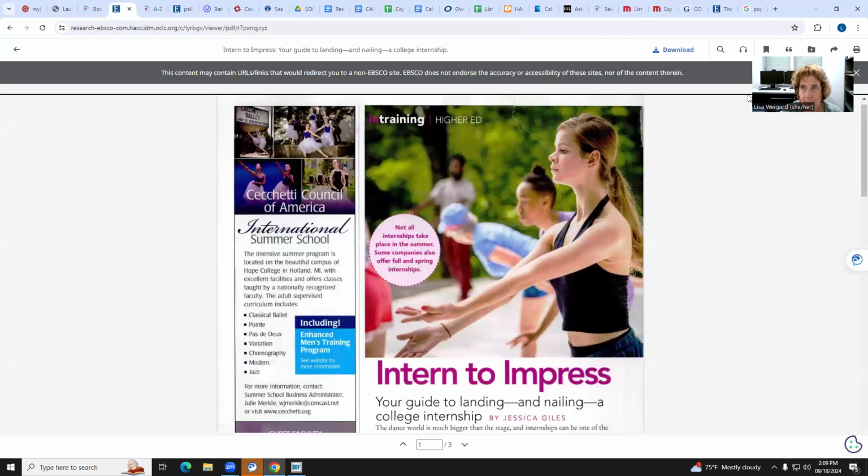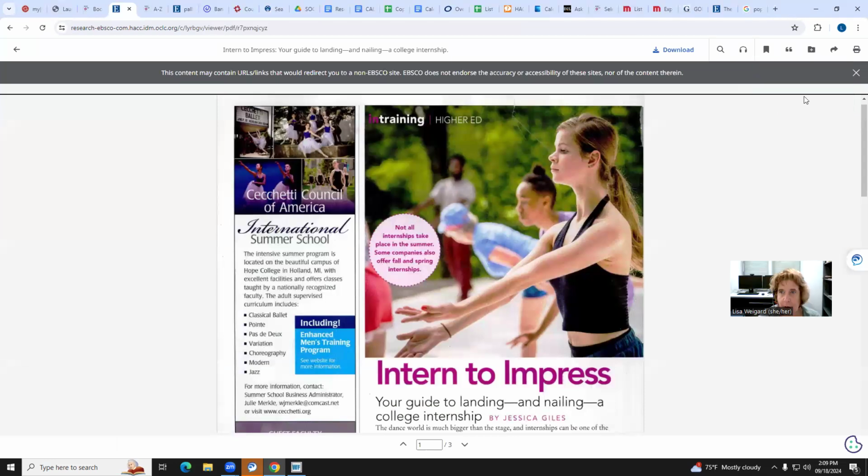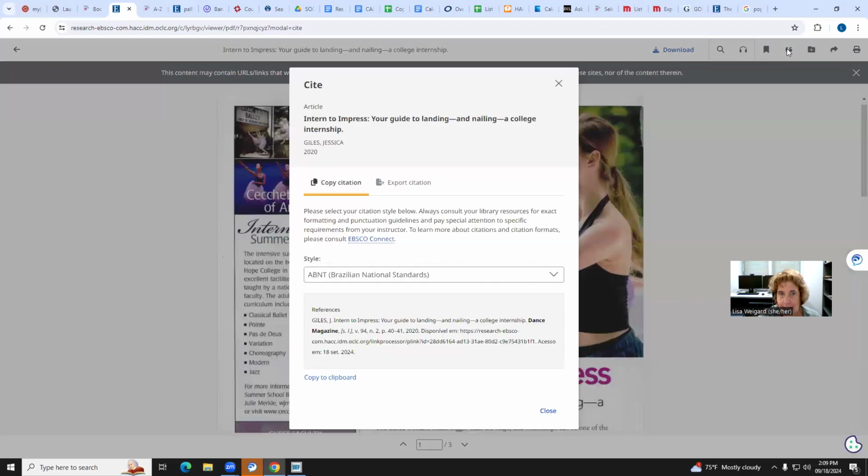Okay, there we go. Now you also want to make a note of the tools on the top of the page. If you need help citing in MLA format, you could put your cursor up here at the top over what looks like little quotation marks. It will say Cite. I link to Cite. It's going to cite my article in the